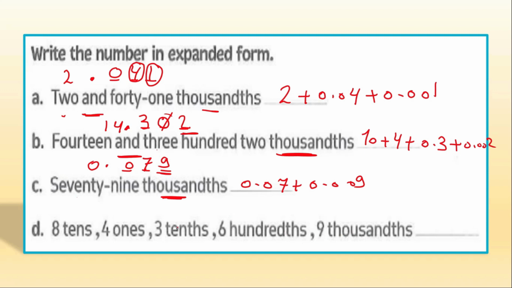اوكي دي ممكن سهلة جدا إن احنا نكتب لها expanded على طول لأن هي already واضحة. كل القصة إنك هتكونفيرت من word أو من units ل digits على طول. اوكي ف 8 tens means 80، عشان السبيس تكفي فهنكتب فوق. اوكي then 4 ones means 4 plus 3 tens means 0.3 plus hundredths 0.06 and 9,000 means 0.009. اوكي